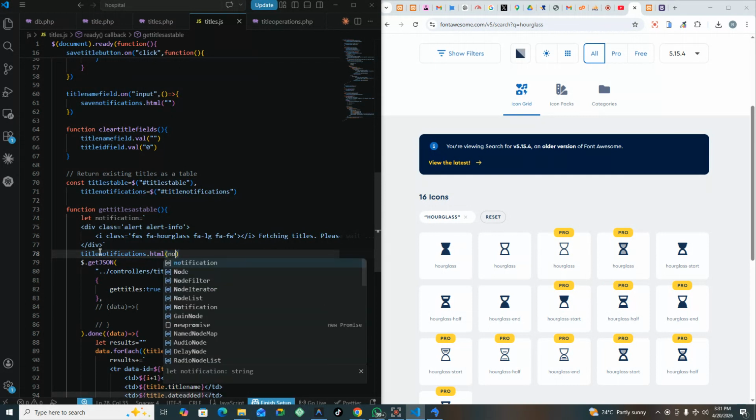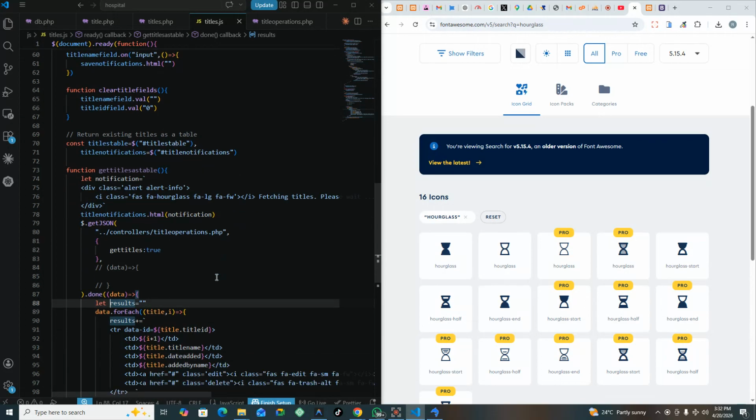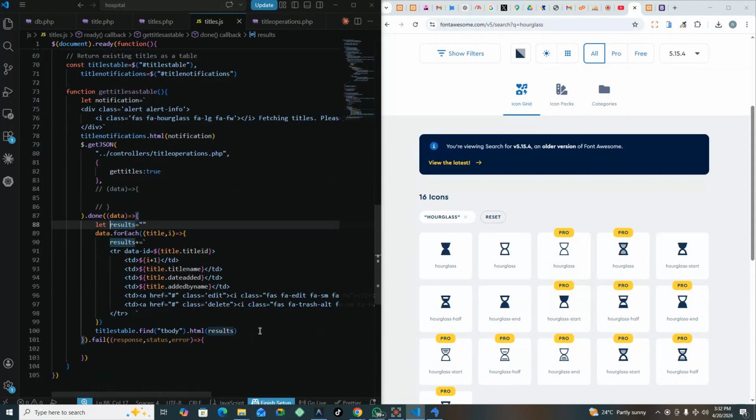This will be notification. So when it is getting, it will tell me up there, it is fetching, please wait. If it's a process that's going to take long, at least the user knows that it is doing something. Now, once it has been done, I'll simply take that and put the HTML to be blank. So once I've finished processing, I'll remove that message, so nothing else to do. But if it failed, then what I would do is